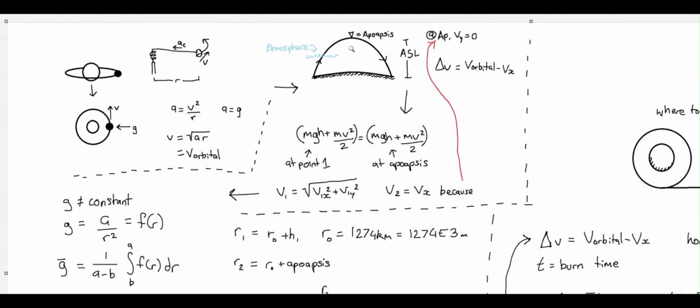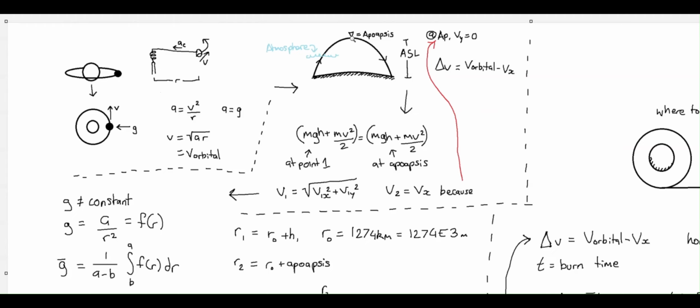So what we can do is figure out how much faster we need to be going at this point to get a perfectly circular orbit, because at this point we're going too slow to have an orbit. So we need to add some velocity at this point. The velocity we add, or delta v, equals this orbital velocity minus the velocity we're